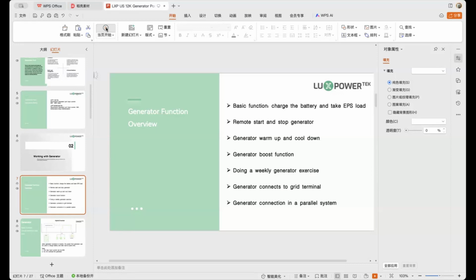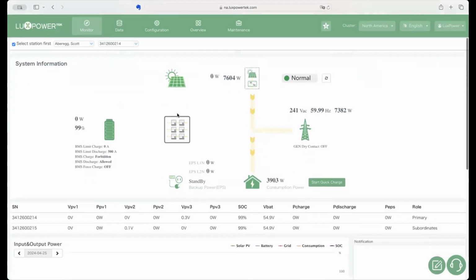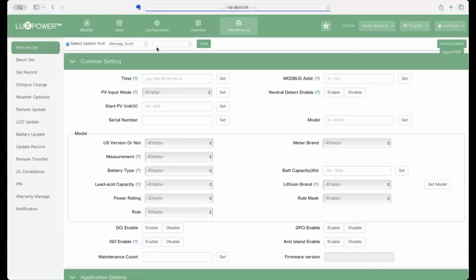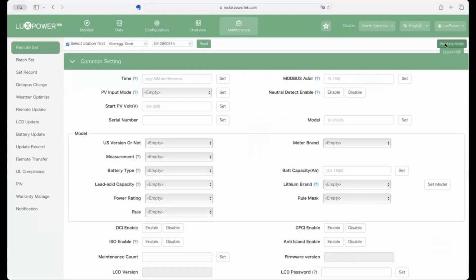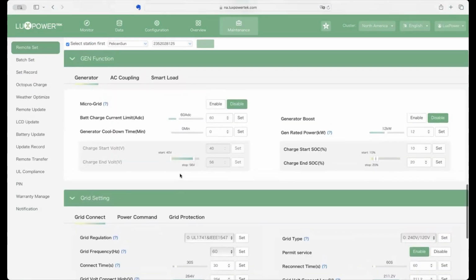Let's go to our monitor system, so we can show you some settings there and where you can get this information. You can see my monitor page, right? When we go to maintenance, then you can go to the working mode. This is not the latest version, so we can find the latest version. Let me find one. So here,